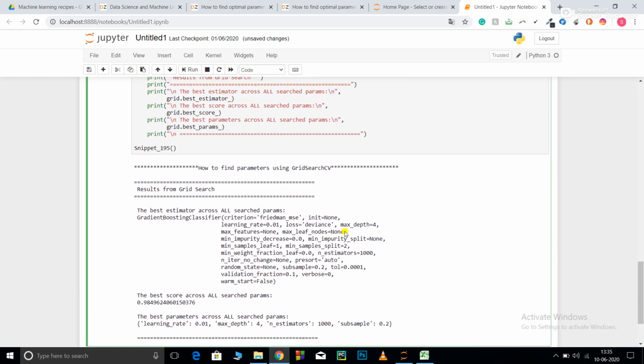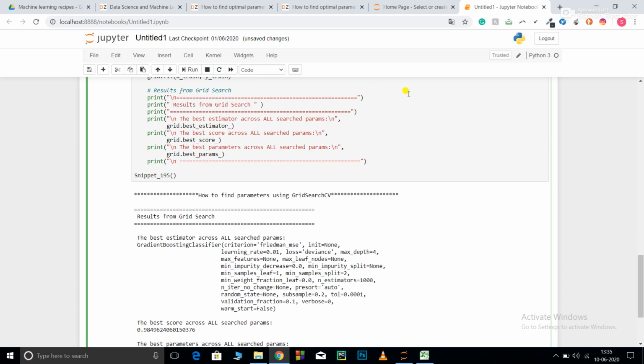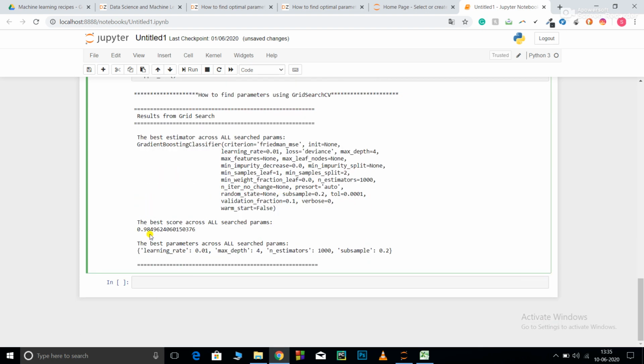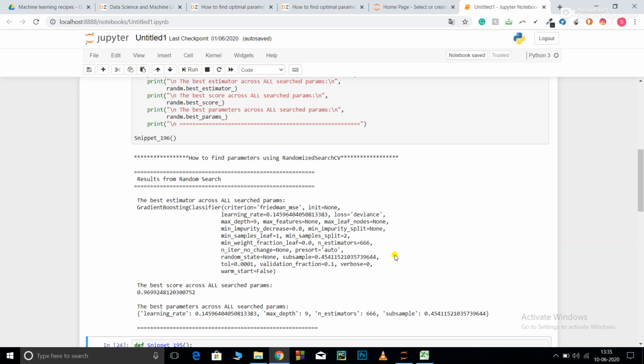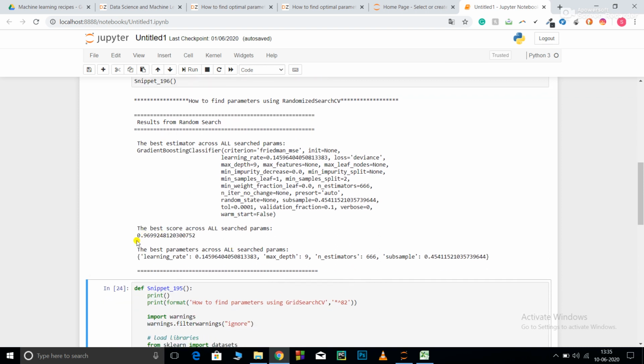Okay, now let's try to understand the final output. So first let's see the grid search CV output. My best score was 98%. Then my best parameters are learning rate 0.01, maximum depth 4, n estimators 1000, and subsample 0.2. Now in random search, my best score was 97%, learning rate was 0.145, maximum depth was 9, n estimators was 666,